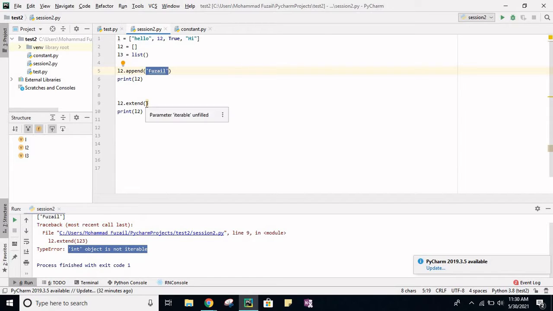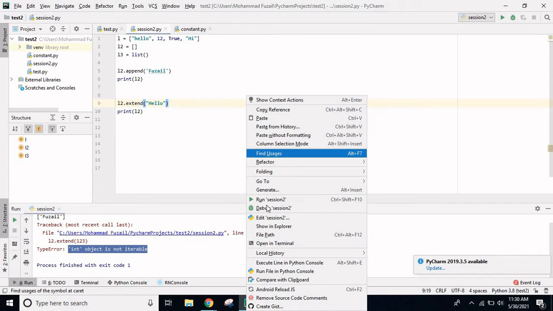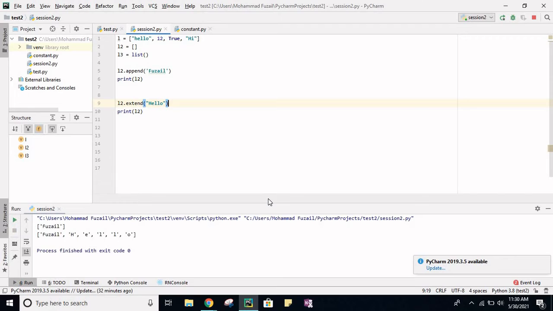So a string, a list, or any other iterable data type, if you pass it in this extend function, it will add all the elements of that iterable one by one in the list. Okay, any doubt? No, got it. Okay, so you have to make sure that whatever you are passing in the extend function should be an iterable.